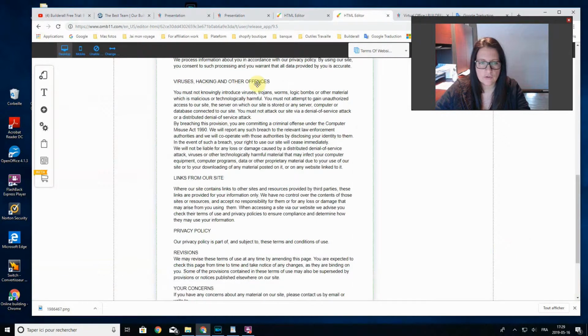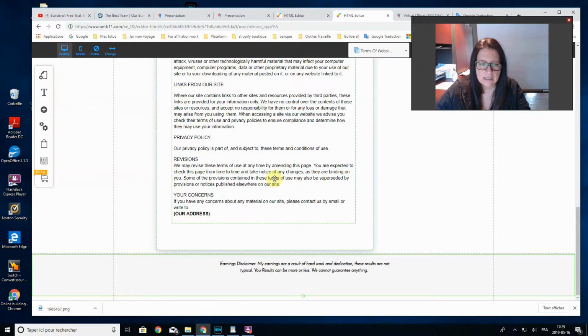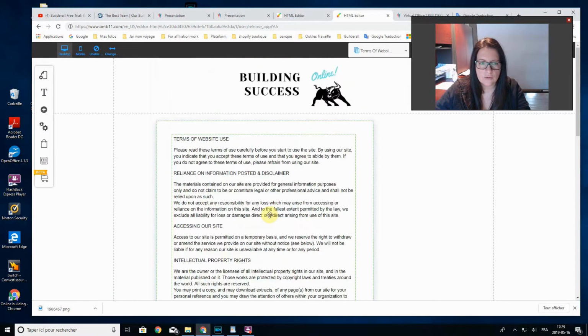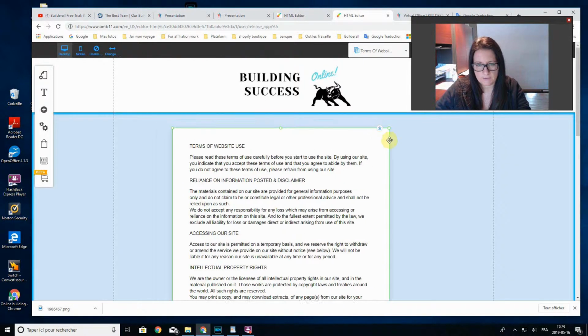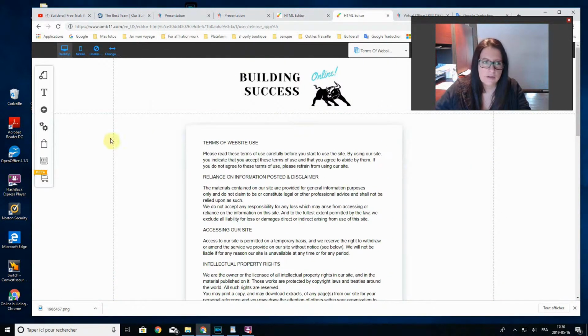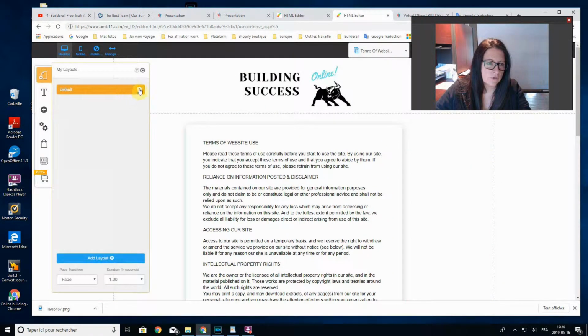Now these pages, you have to go and read them quickly and modify. So here you have to put your address, email address, and read it quickly. There's a little bit of modification to do on it. Okay, so then we're going to go and